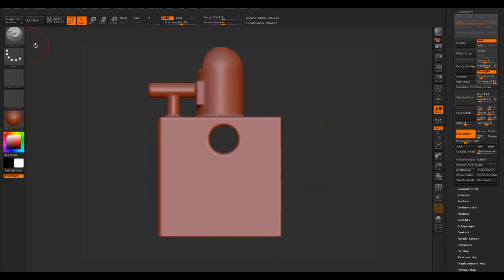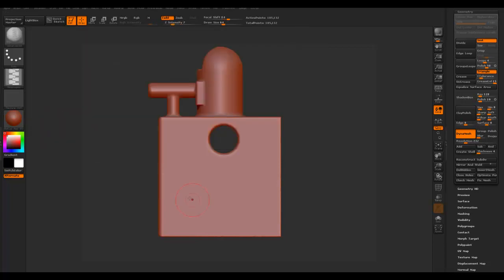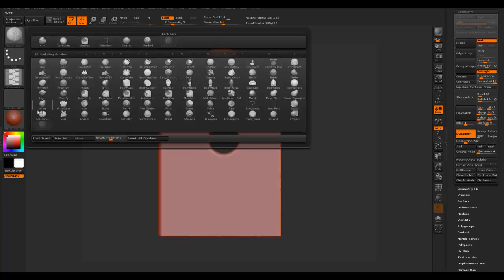If I take a brush here, let's say this little zipper brush, and drag across, you can see it bringing out the detail. Alright, Control Z that. Now I'm going to go into this next brush here, and this is the slice curve. This is actually not a brush. We're going to select it here,